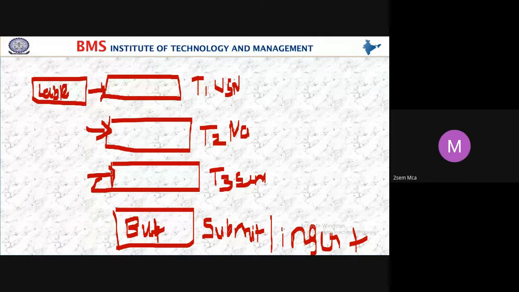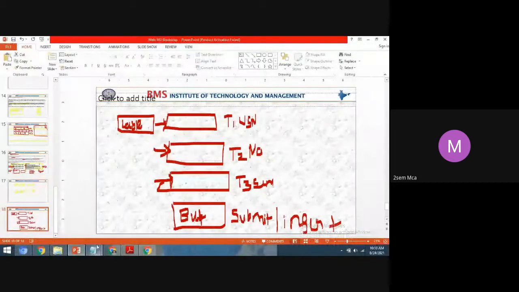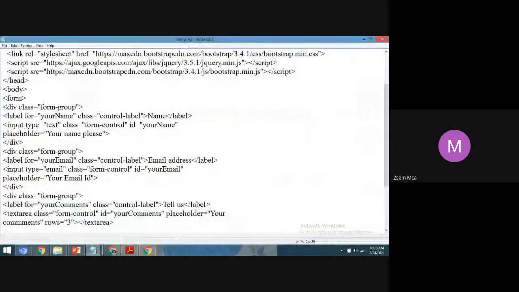Okay. So here, labels we are taking. Here we have a label for your name. So on the text box, on the label, what name will it display?